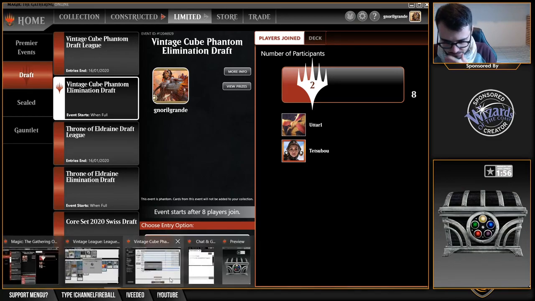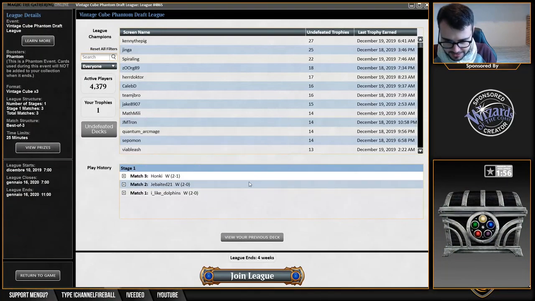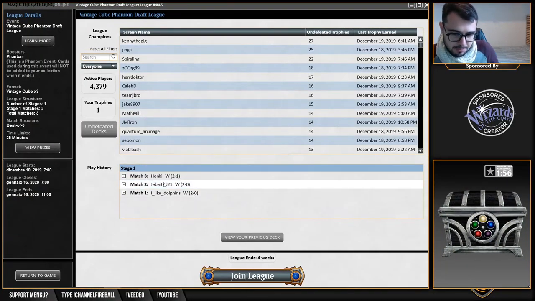Okay, guys. That was not too hard. It was not too hard because the first opponent conceded the match. The second opponent mulliganed to 4 and decided to just not leave up mana for my combo. And the third match